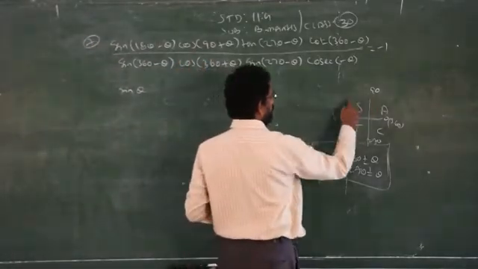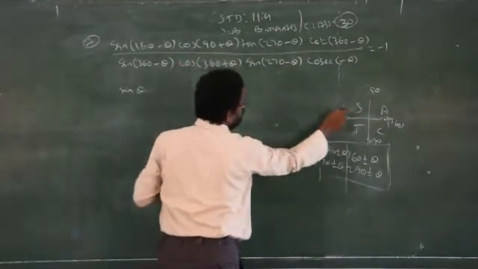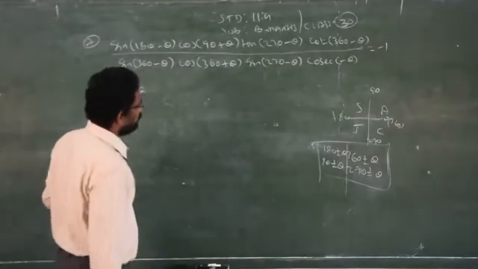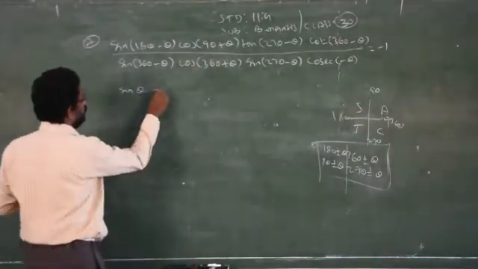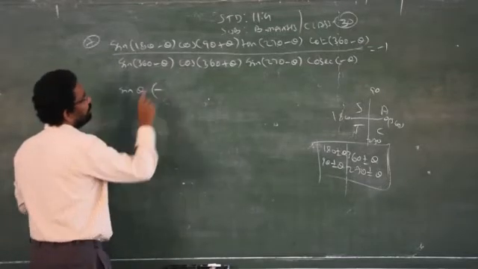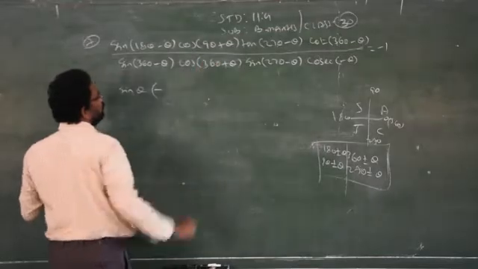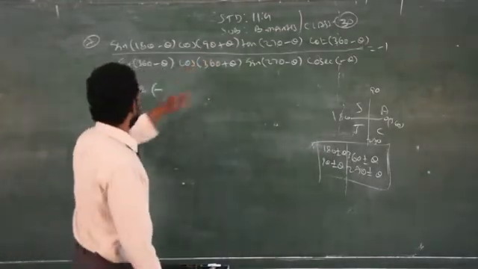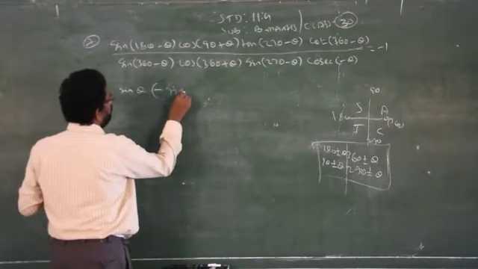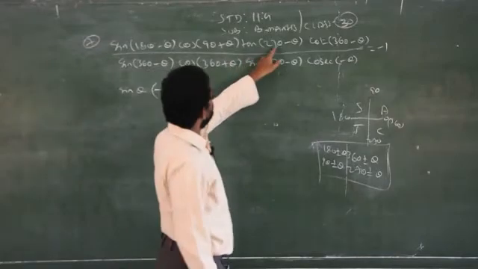The next one, cos(90 plus theta). This is 90 plus theta. Where will it come? Second quadrant. More than 90 degrees falls in the second quadrant. In the second quadrant, sin alone is positive. But what is given here? Cos. Therefore, you have to write a minus sign. But for 90 or 270, there will be changes in sign as well as the ratio. Now cos will become sin, minus sin theta. Clear?